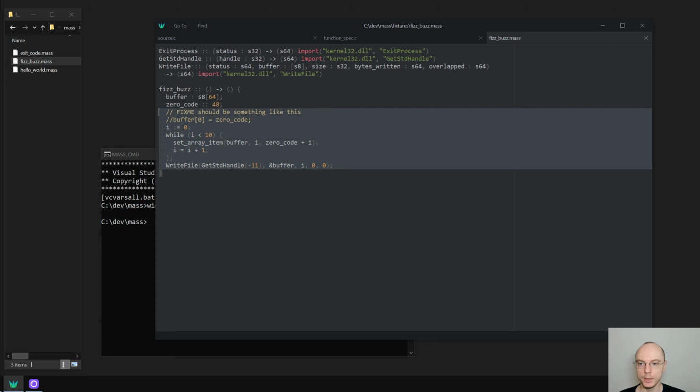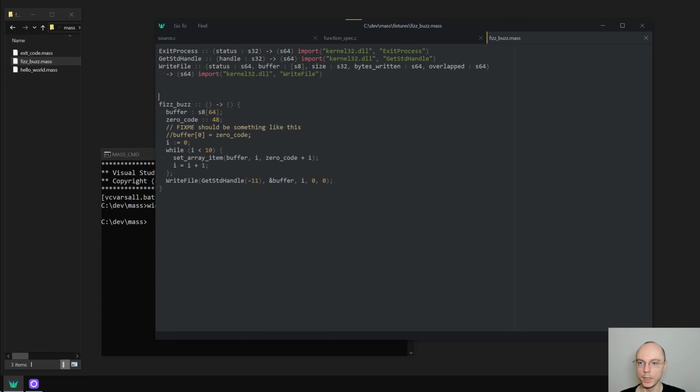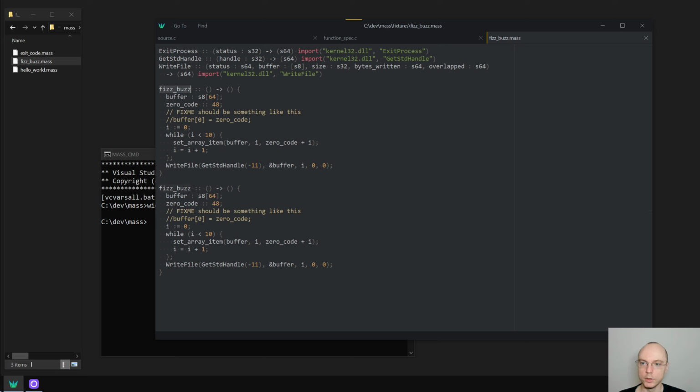And what I want to do today is make a separate function that will be called something like print S32, or we can actually just call it print because we technically have overloading, so we can do S32, we can do whatever we want. So here I would say integer is S32, it doesn't return anything, it will have a buffer, we will need that 0 code, we keep all of this stuff,